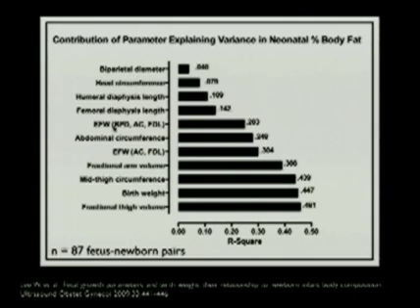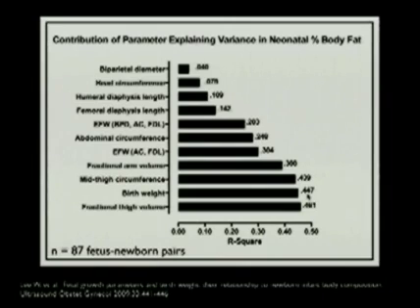We calculated estimated fetal weight on the basis of two Hadlock formulas using the AC and femur length, or head, AC and femur length. We looked at abdominal circumference. We added fractional arm volume, mid-thigh circumference, and we actually looked at birth weight as well as fractional thigh volume. And essentially, we found that birth weight, which has been long known to correlate well with the nutritional status of the baby, explains about 44.7% of the variance in